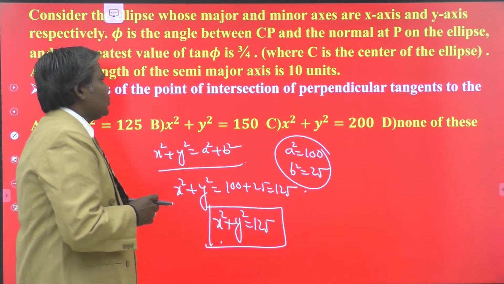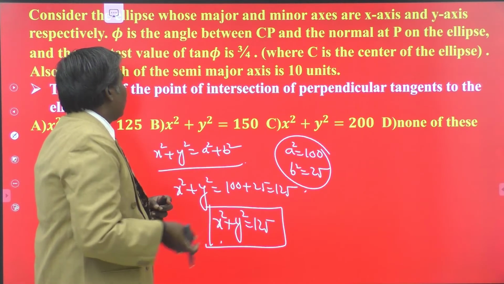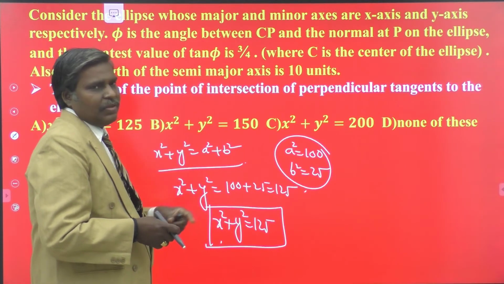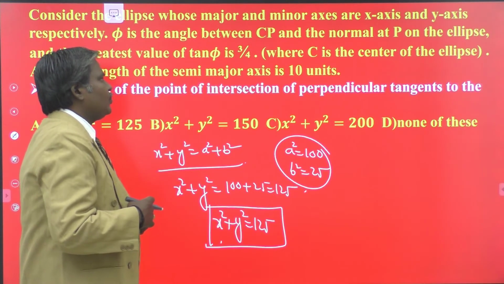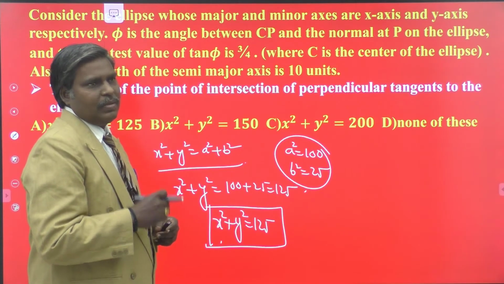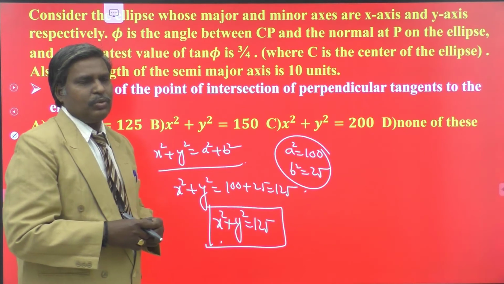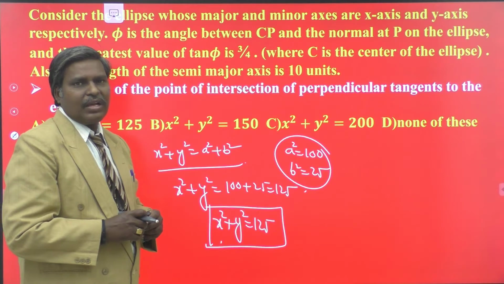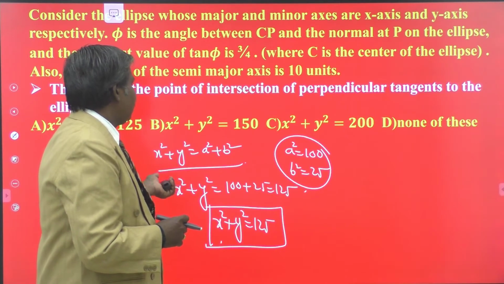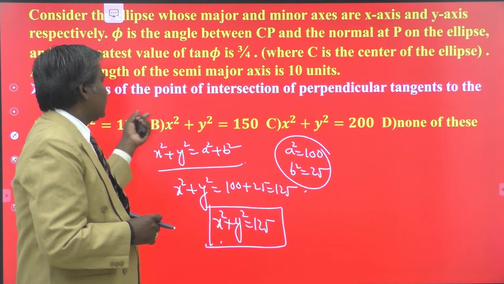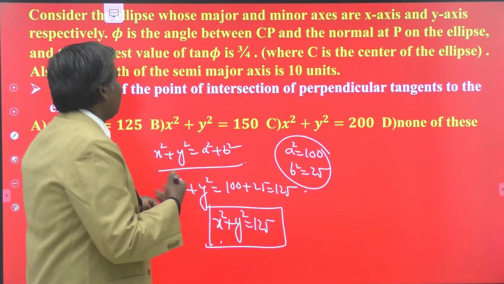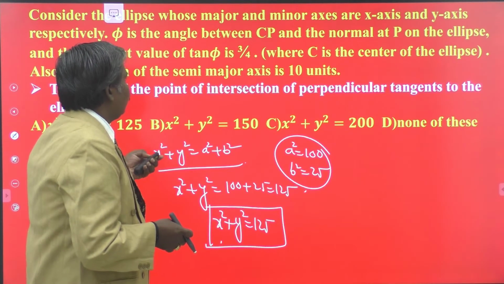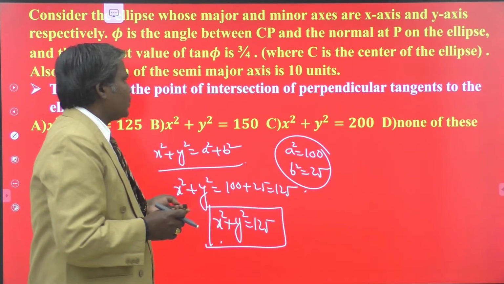So the only intention is you have to find the relation between a and b by equating the maximum of tan phi to 3 by 4. So to get the maximum value, you write sin 2 theta as 1. From that you have a square minus b square by 2ab as 3 by 4. From that relation you have to find out the values of a and b itself. You can write the equations, that is the director circle equation and the middle question. You can easily crack the paragraph questions. So this is the paragraph. Let us move to another paragraph.